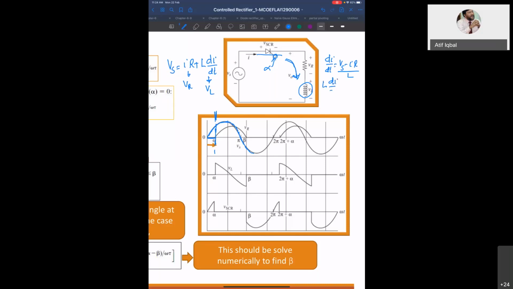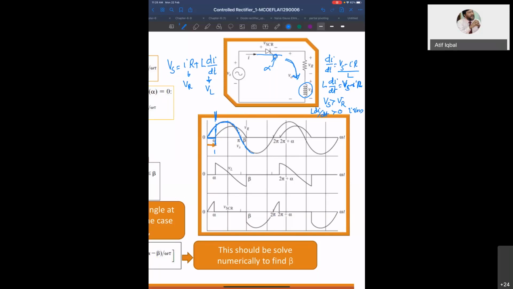So L di by dt is equal to Vs minus IR. Doctor, you will not consider the V across the thyristor? No, we are just assuming ideal, okay. So now you see when Vs is greater than IR, the voltage across resistance, L di by dt is positive. That is, the voltage across the inductor is positive,